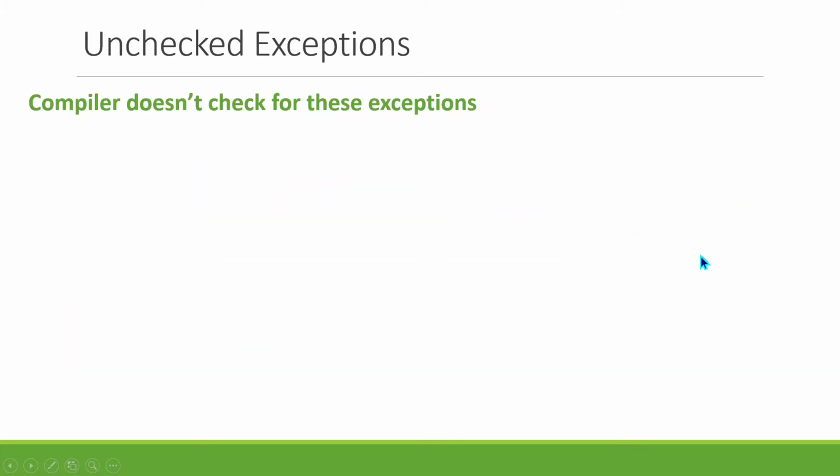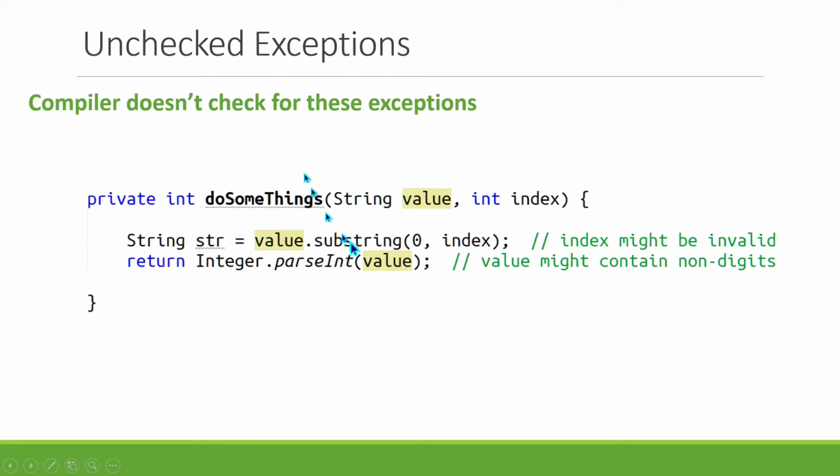Now, unchecked exceptions are different. The compiler doesn't check for unchecked exceptions. So if I have this method called doSomeThings and I've got a couple of parameters, and this isn't a very practical example at all, I just threw in some random code that I thought might throw some exceptions. So let's say, for example, the user passed in, by user I mean programmer, the other programmer that's using our method passes in 123ABC for value